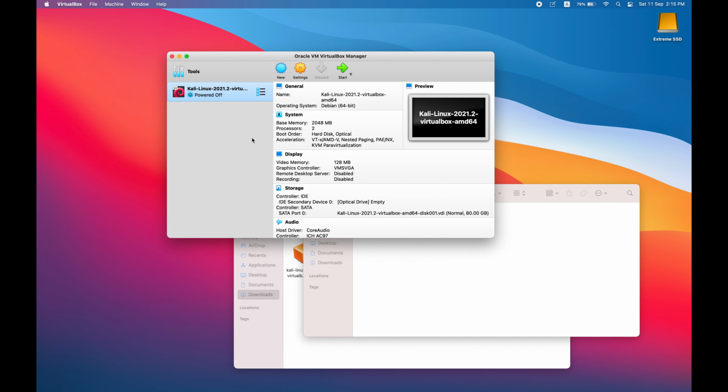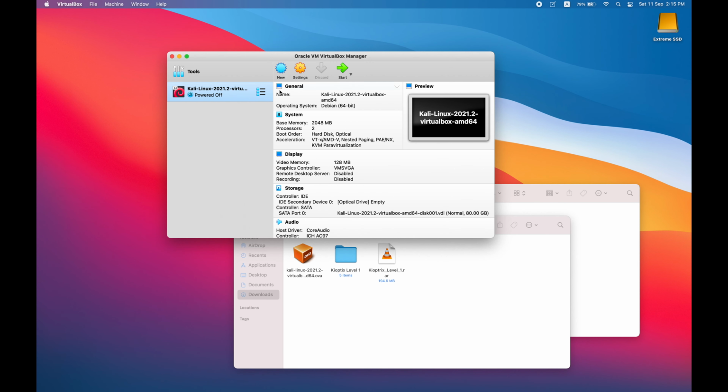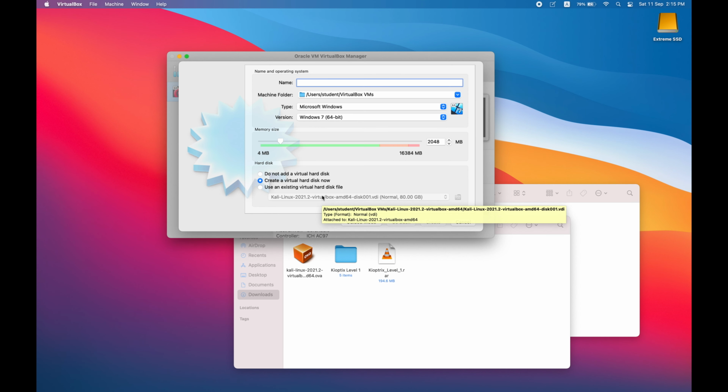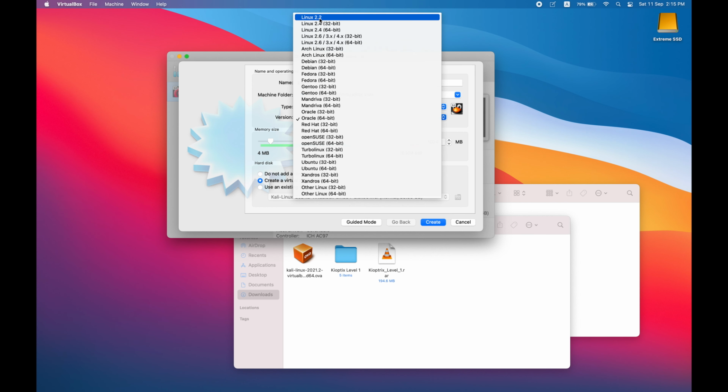Okay, we have now Kali Linux inside. Now we want to create a Kioptrix machine. So we start new. You can use the guided mode or expert mode. Both of them are the same. I just prefer expert mode since everything is in one place. So I can just write Kioptrix for the virtual machine that I want to create. It's Linux. We can make it Linux 2.2